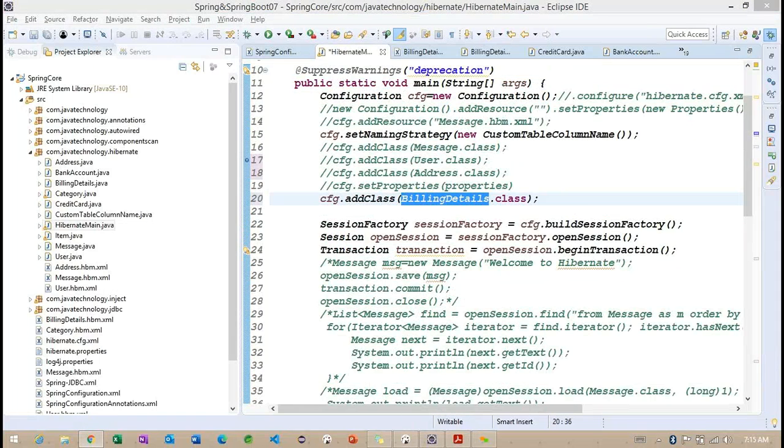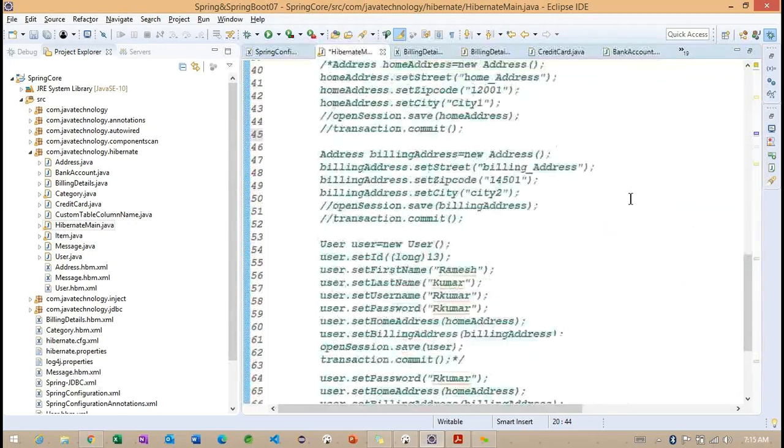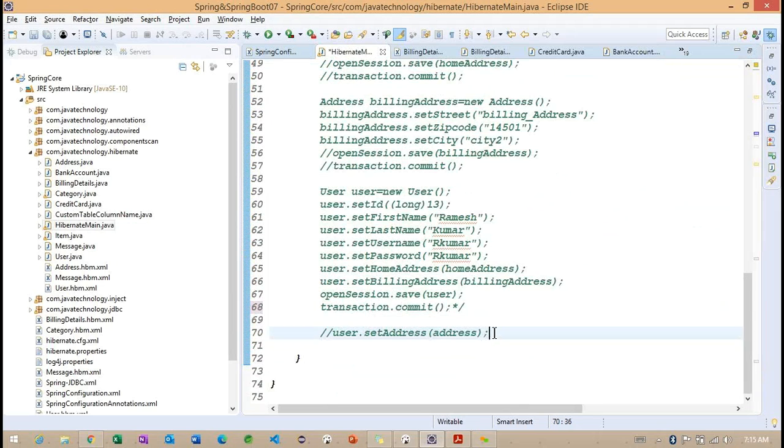So to work with this particular billing details, what we need to do? We need to create the three objects information. So back to here, let me create these three object information first. I don't want to create the three because we have an option here. Either we can work with the credit card or we can work with the bank account.